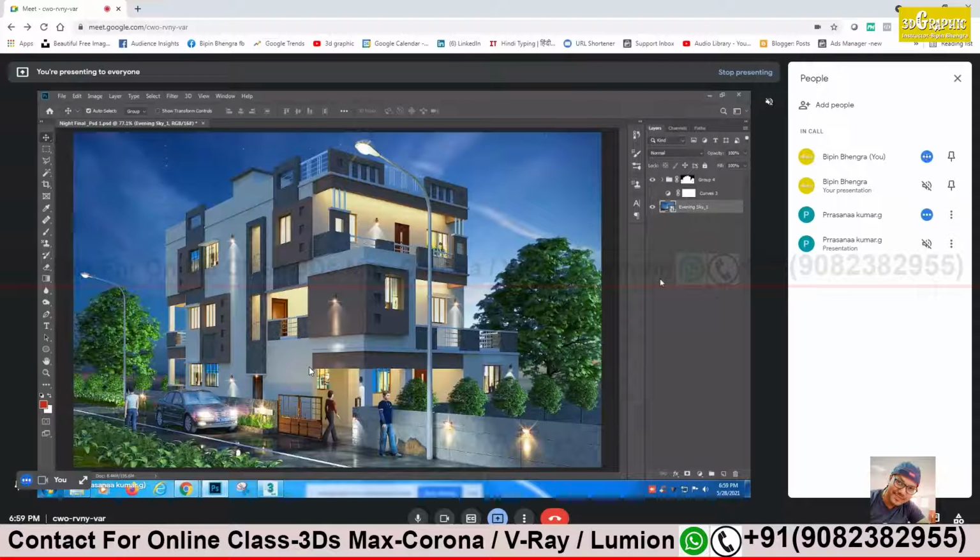And if you're okay with the day and night, first make sure that you are confident with your day and night elevation, and then we're going to start the interiors. Okay. Fine, sir. And meanwhile, I will share one of my interior files so that we directly work on that. Or if you have any of your own interior file, just share it with me. No, you can share your own interior file. All right, I will just email you my interior files. First we will confirm that this is completely done and you have confidence. On Monday we'll see little minor adjustments. Then we can go ahead with the interior thing, no?